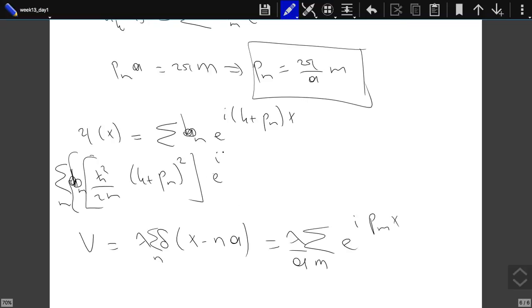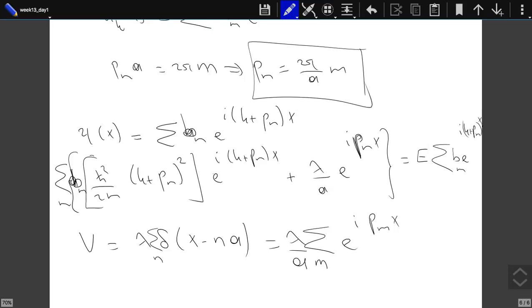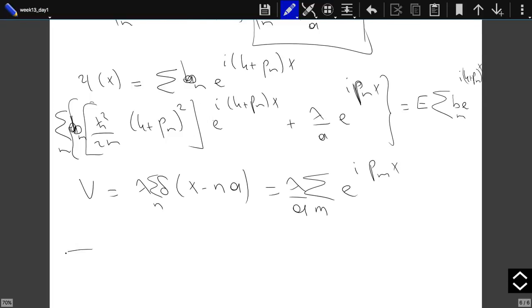e to the power i (k plus p_m) x plus lambda over a e to the power i p_m x, this should be equal to E times b_m e to the power i (k plus p_m) x. So we have the equation for the b_m's, sum over m b_m h bar squared over 2m (k plus p_m) squared times e to the power i